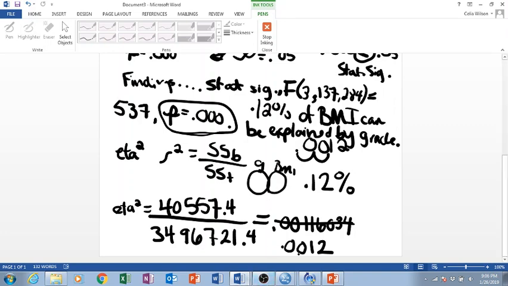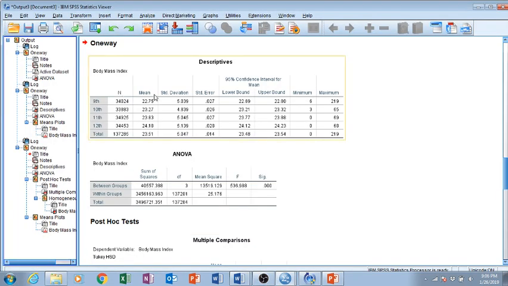Which, when we glanced at our means, we could tell there's really not that much of a difference between and among our grade levels, even though we found statistical significance, right? Okay, so I hope that makes sense to you. Even though the effect size, the practical significance, was pretty tiny, the 0.12%, let me go ahead and touch on